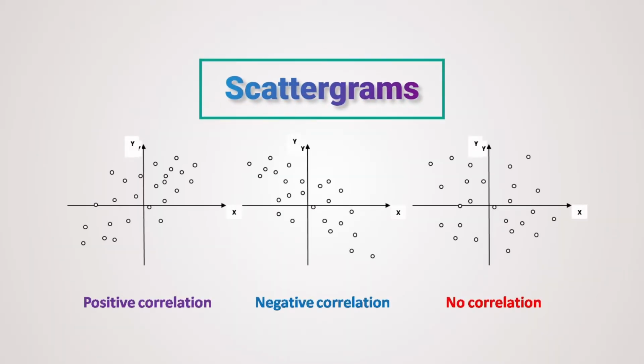We have seen in the scatter diagrams how they look. When we talk about positive correlation, it goes from left to upward right, and when we talk about negative correlation, it goes from upward left to downward right. When there is no correlation, we are not in a position to develop a line. So this is called positive correlation, this is called negative correlation, and this is called no correlation. We have seen how scatter plots play a very important role as far as correlation is concerned.